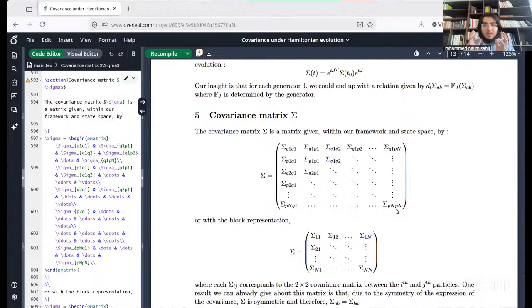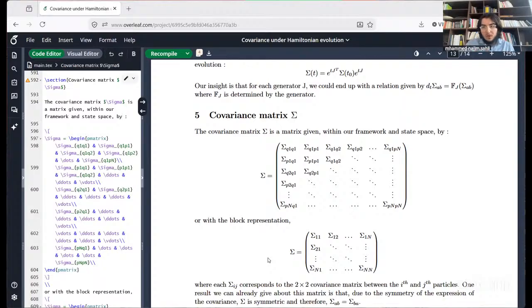And so we can show that for this kind of matrix, we can always decompose it in block matrix. And we want to study how the determinant of the sigma matrix and all the blocks, sorry, the determinants of all the blocks, are going to evolve when we apply some element of the Lie algebra, so the element J that we defined earlier. When we studied how the covariance matrix evolves with time, we want to show that this time evolution is only linear, so we can define